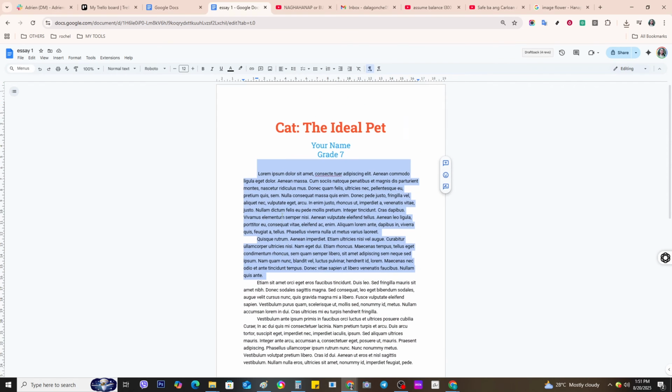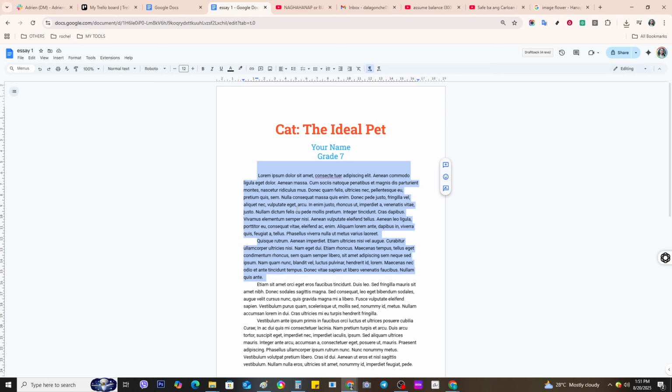However, if you prefer having the entire document in columns, there's no need to highlight anything at all. In this case, whatever column format you choose will apply to the whole document. Once you've decided whether to